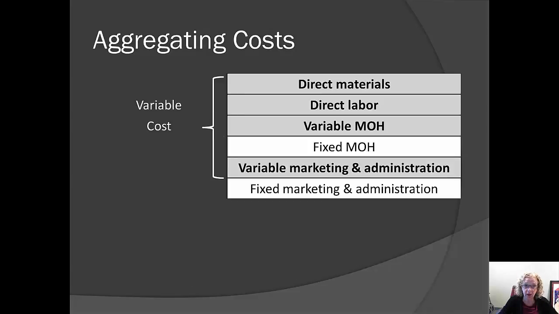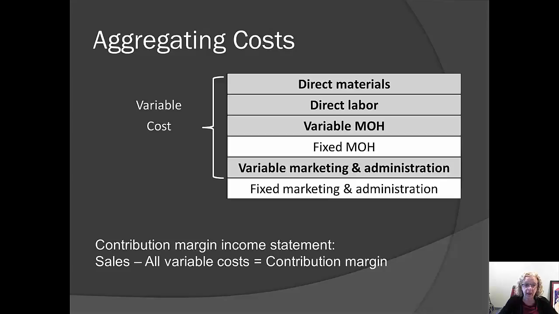Here's another way to look at our costs. We can cluster all of the variable costs. That would include materials, labor, the variable portion of overhead, and variable marketing and administration. This is a very common thing to do internally. So we could also make what's called a contribution margin